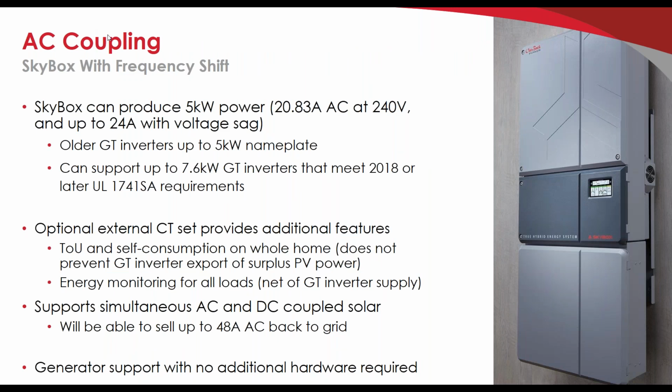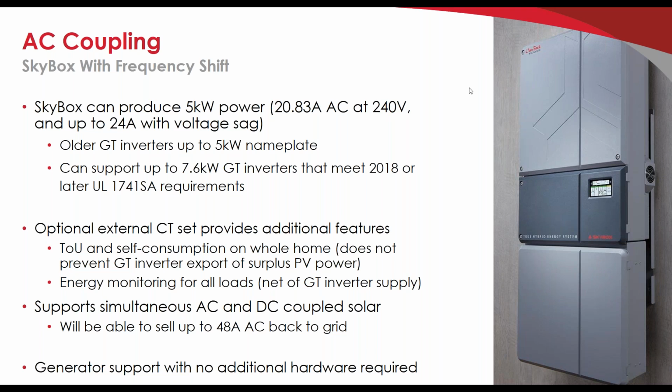Okay, so summary on SkyBox of AC coupling with frequency shift. SkyBox can produce 5 kW of power, so that's 20 amps AC at 240 volts, or up to 24 volts with voltage sag. So it can support older grid tie inverters up to 5 kW nameplate, or it can support up to 7.6 kW of a grid dependent inverter, provided that meets